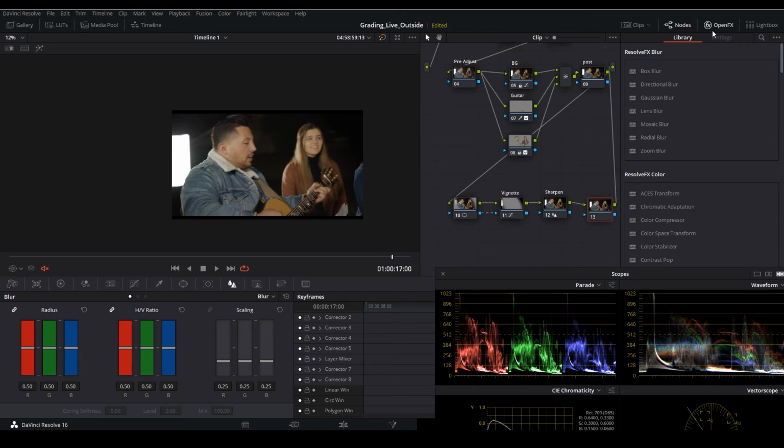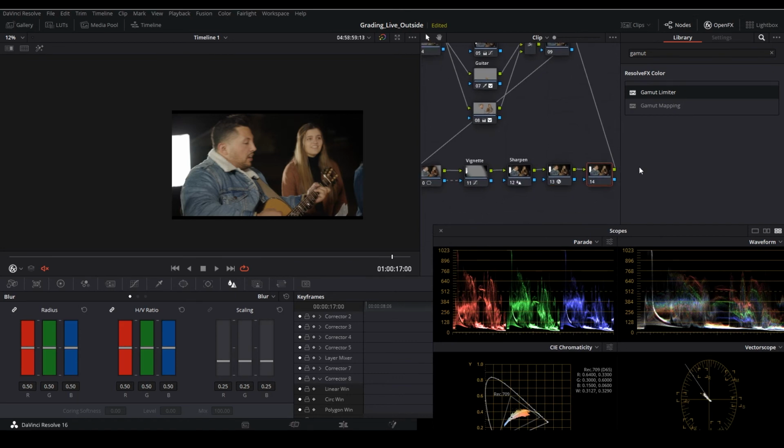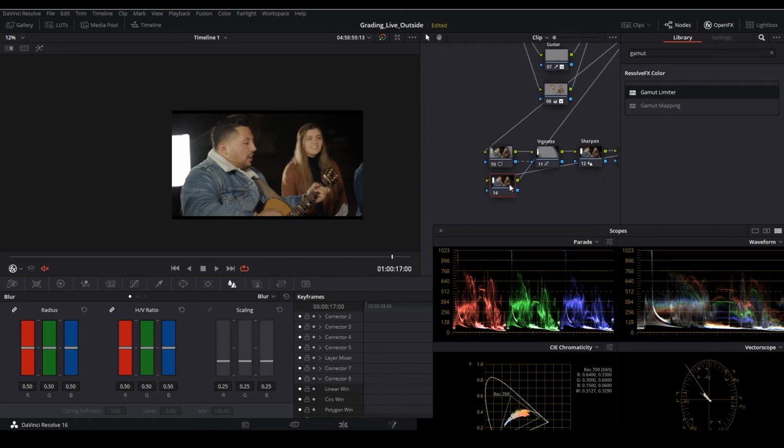Make sure that we don't go too crazy here. I'm going to come up here to my OpenFX library and I'm going to type in gamut for gamut limiter. I'm just going to add that there. For current gamut, we can leave it, but I want to limit the gamut to Rec 709. Create another node here, and let's start our final adjustments. Come up to our OpenFX, and I want to add some grain,